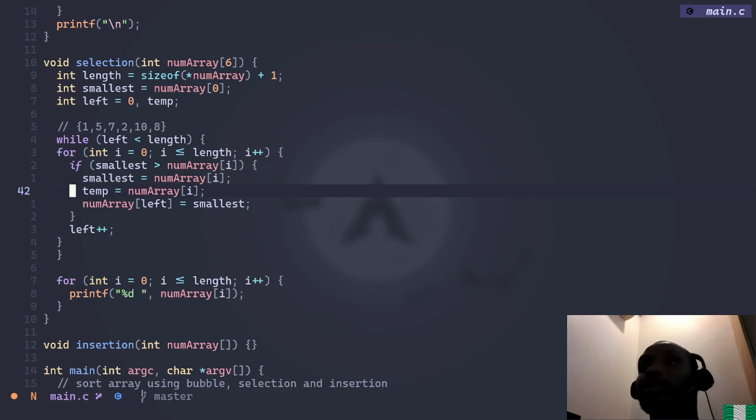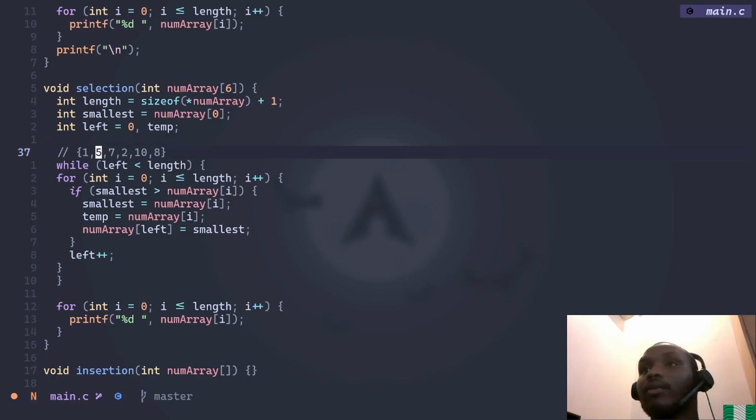1 is the smallest from the beginning, and if 1 is greater than 1, which is false, so this gets skipped, and your left would now be equal to 1 for the next iteration, which is this. So we now go already from the previous iteration. 1 is the smallest, so we go if 1 is greater than 5, then if 1,